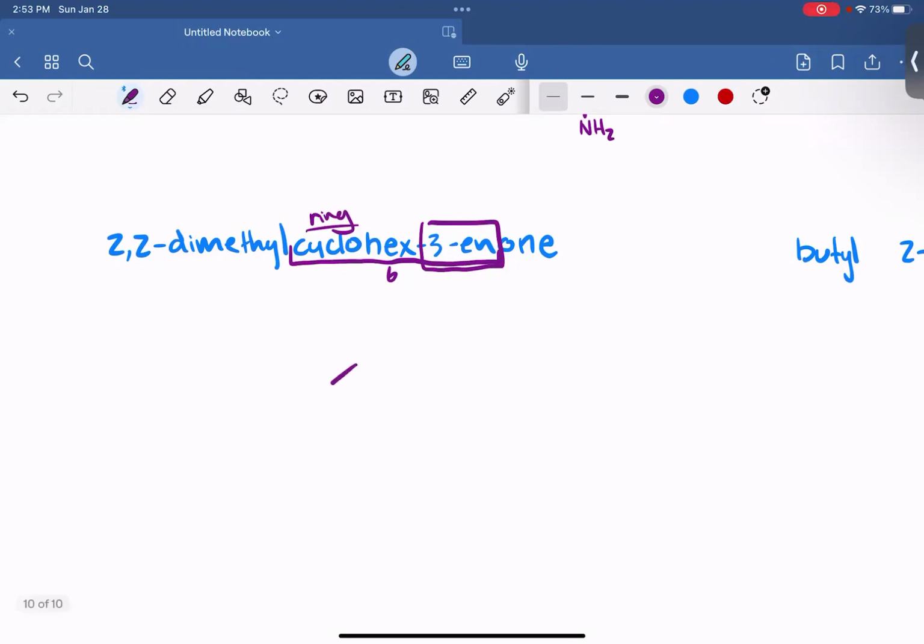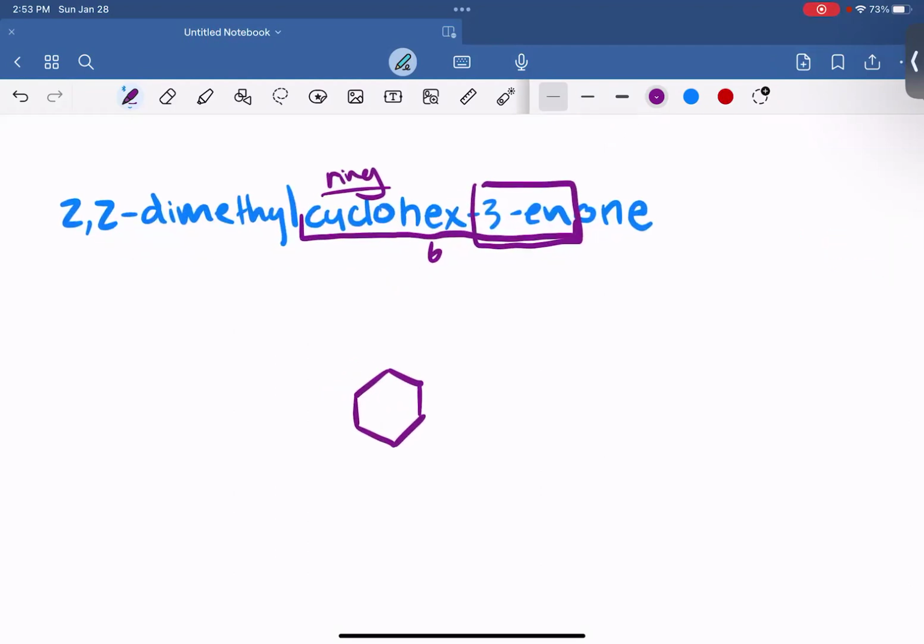So 1, 2, 3, 4, 5, and that last one there. Let's check that. 1, 2, 3, 4, 5, 6 carbons. Great. My highest priority functional group